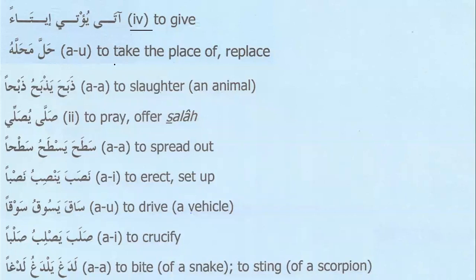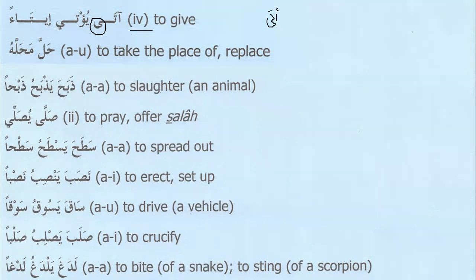Halla mahallahu, to take the place of or replace. Dhabaha yadhbahu dhabhan. That comes with Hamza, Ustad, and this is with mad. So this is actually different, because this one, ata, comes with mad, but that one comes with Hamza. Yes, both of them. Atayati, the root letters are Hamza, Ta, and Ya, but this comes with mad.